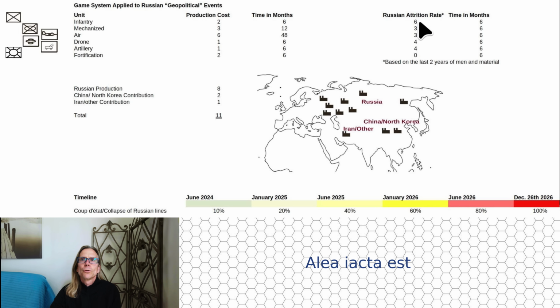So if we look at the attrit rate of this, you see that artillery attrits pretty fast because they're using up these disposable shells. The bottom line is Russia does not have the industrial capacity to maintain this geopolitical event much longer. They're hollowed out. I mean, one day we'll wake up and it's like the straw that breaks the camel's back. It's like in the Matrix, you'll just be able to push the phantom down and there'll be nothing inside, just like a papier-mâché unit in Russia, because there's nothing left.